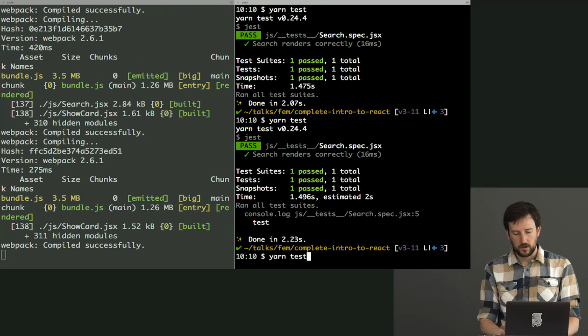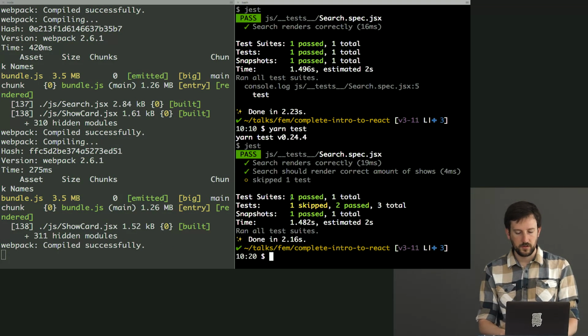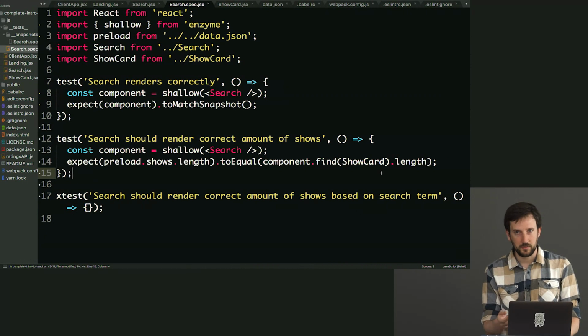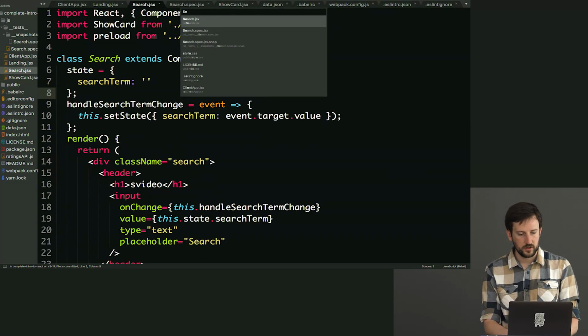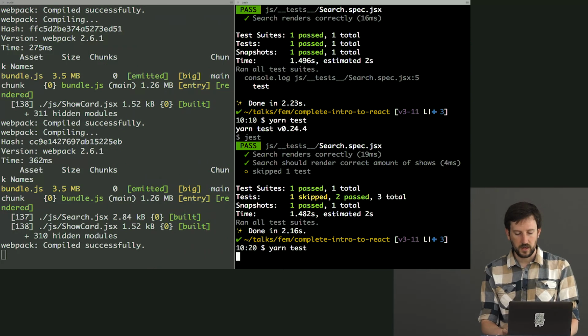So let's go ahead and run our tests again. You can see here it says 1 skipped. That's the one that we skipped at the bottom. And 2 passed, right? So let's go make it fail. It's always a good idea to make sure that your tests fail when you expect them to fail too. So I'm going to go to search.jsx, and I'm going to put game back in here. So now I'm going to expect it to render a show card for every item, but it's not going to do it. It's only going to render Game of Thrones, right? So if I run this test again,